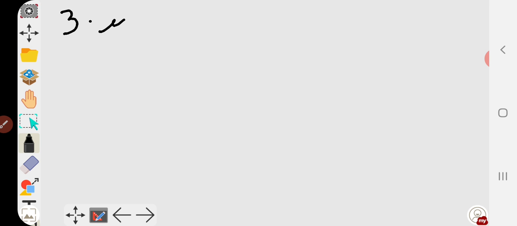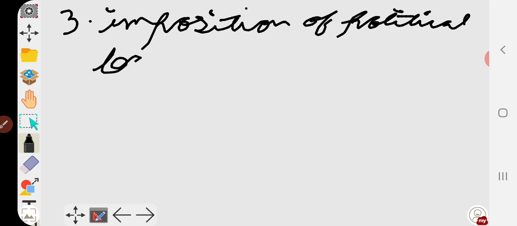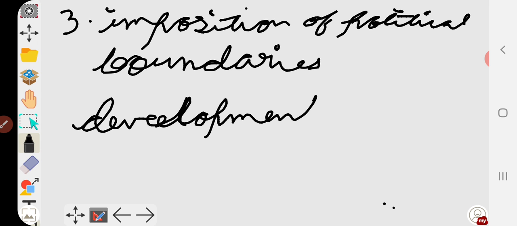Imposition of the political boundaries and development of new settlement. The main reason will be imposition of political boundaries and development of new settlement plans. It's a 1 mark answer. Now next,